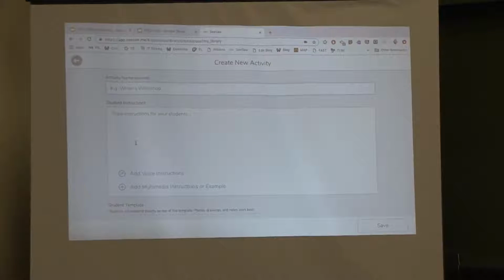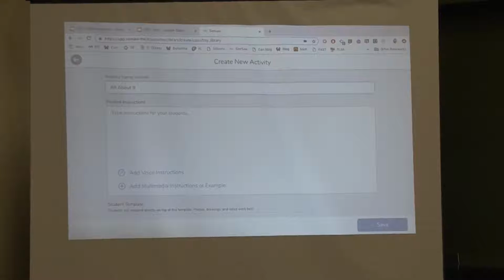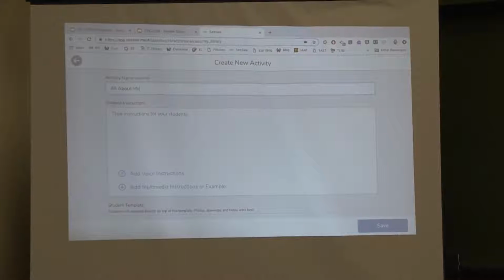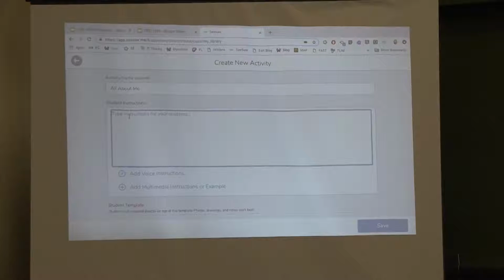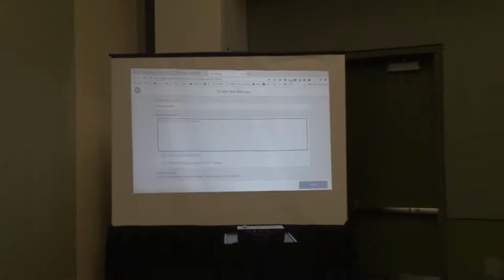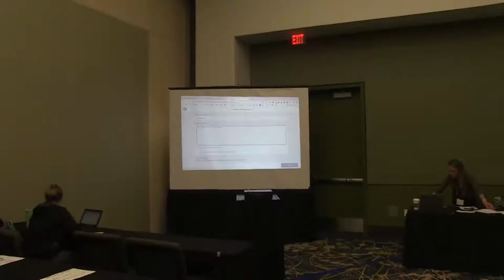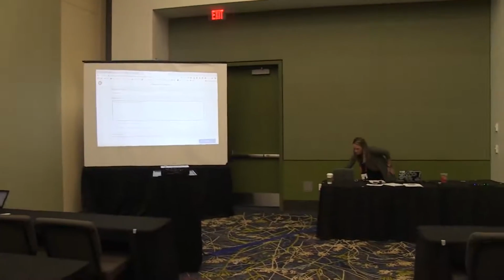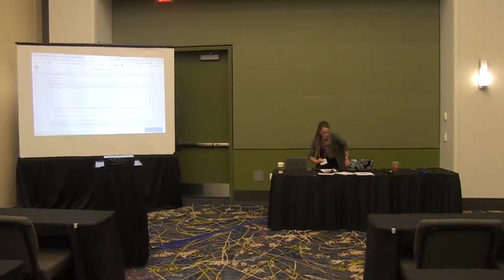And we're going to title this All About Me. As I go through this, feel free to adjust it as needed. You're going to have some time to adjust this activity as we go. But notice that there are some shortcut icons that are on your table. These are going to be really helpful images for students as you start adding in the directions. So our first step for this is